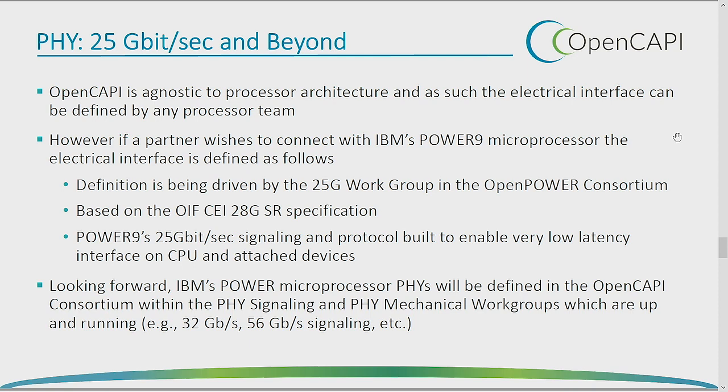The other thing to mention is we do have work groups to help define these things. One of the things we use in the work group is a common 25 gig signaling. We use this signaling for SMP interconnect. We also use this same signaling standard for our NVIDIA NVLink attach. So with the same 25 gig, we currently have 3 personalities on our processors. We can talk OpenCAPI across those links, we can talk NVIDIA NVLink, and we also use the same protocol for our processor interconnect.